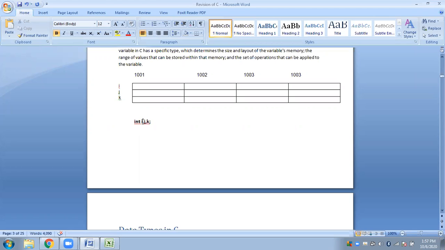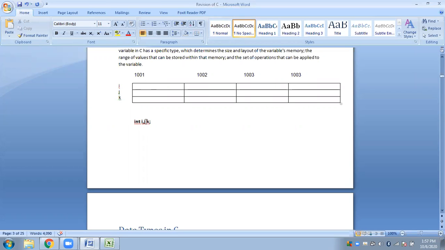This particular variable i will be holding an integer number, and for that we have to assign 4 bytes of memory to this variable i. So now variable i not only represents this single block, not only this single cell, but it represents this entire row, because it will be pointing towards the entire 4 bytes.